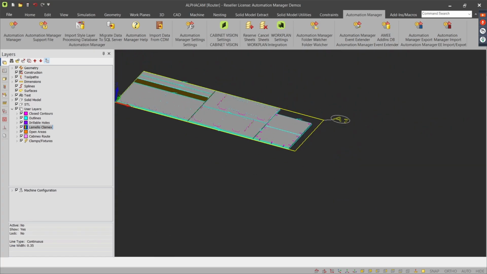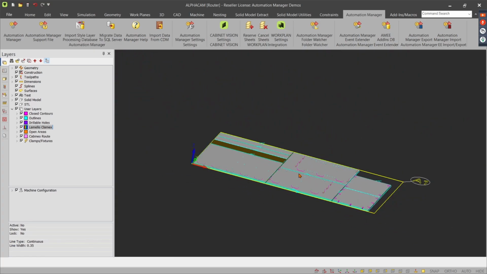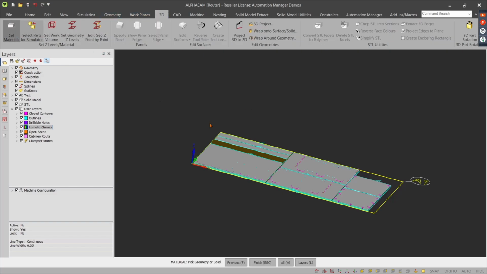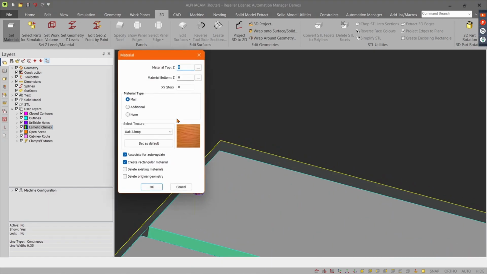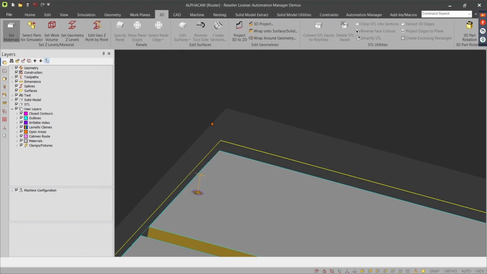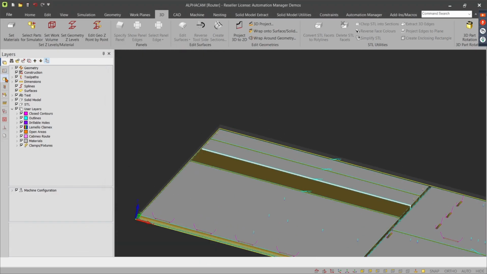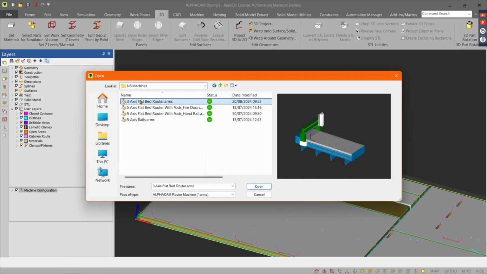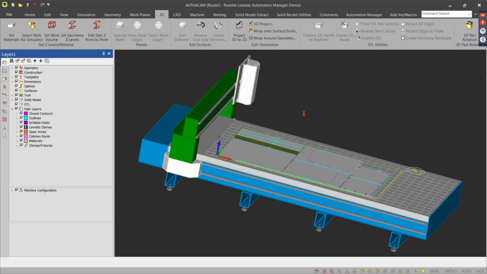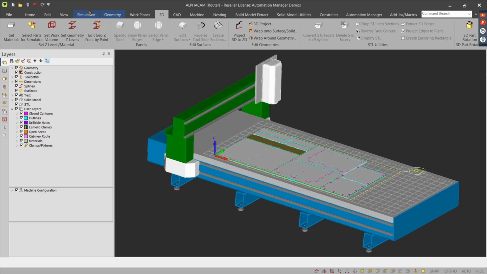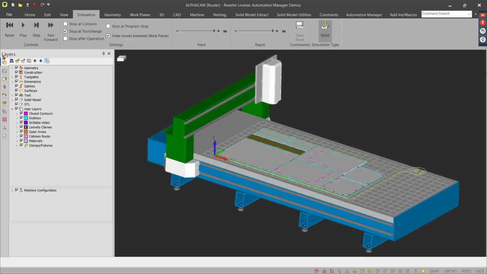So, as I was saying, with the new feature in Alphacam 2024, we have a new simulator. If I go to 3D, set materials, I just set it on that one, the 18 mil for the top, 18 mil. And if I then go into the layers tab, I could then call in a machine. These are just generic ones that I've got with Alphacam. Calls in the machine. And what I could then do is go into a solid simulation and I could play